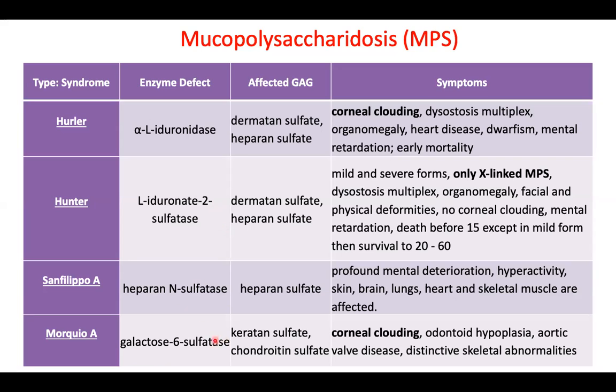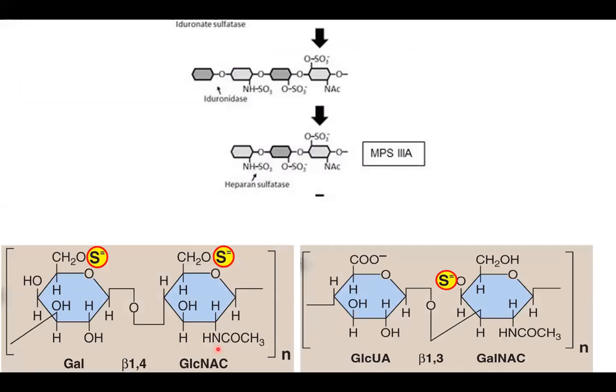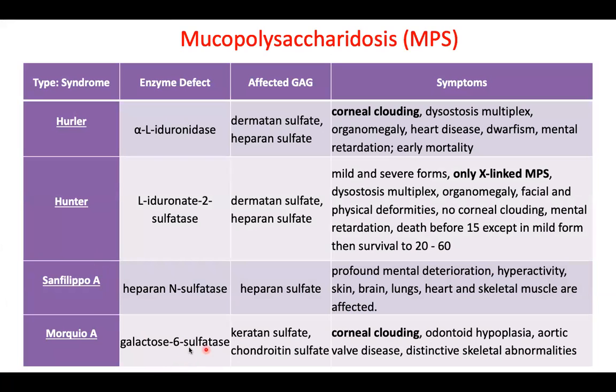So the keratin, instead of having an acid, it has galactose. So it should make sense that if I lack this enzyme that acts on galactose, one of the GAGs that is going to be affected is specifically keratin, because keratin has galactose instead of the acid. So that's just an example I showed you over here. You can see galactose over here. This is the keratin sulfate. You can see that galactose has sulfur. So the role of this enzyme, galactose 6 sulfatase, is to remove this sulfur